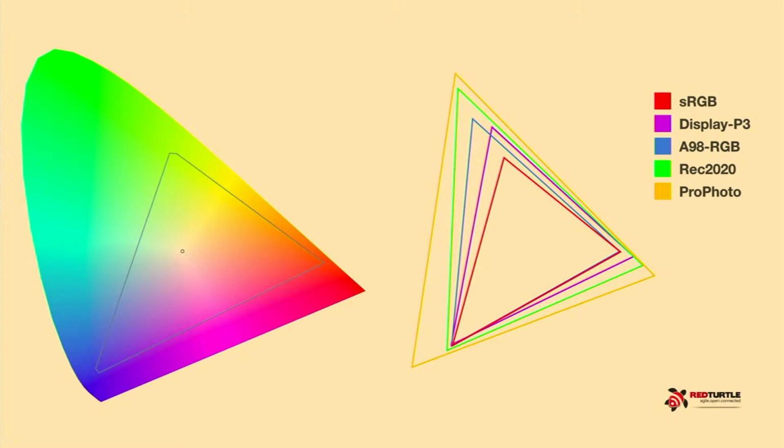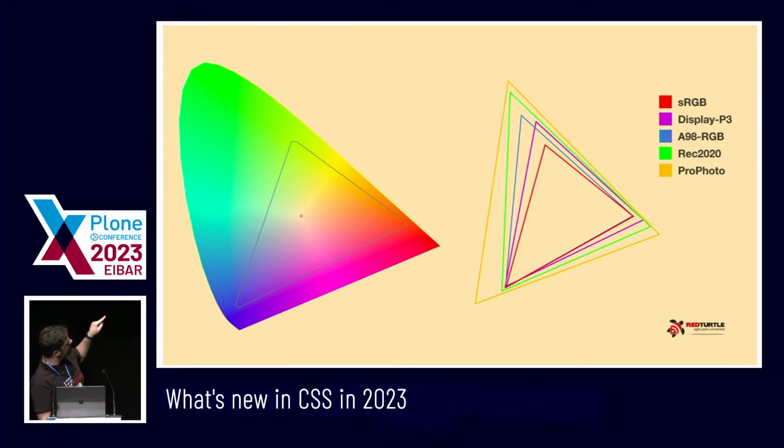We represent it with this kind of horseshoe thing. It has a name, I forgot it, but it doesn't matter. So the whole colored area there is what your eyes can see. And the area inside the triangle on the left side is the one that RGB colors in the browser can